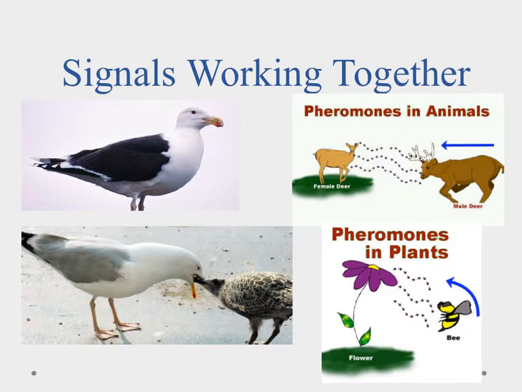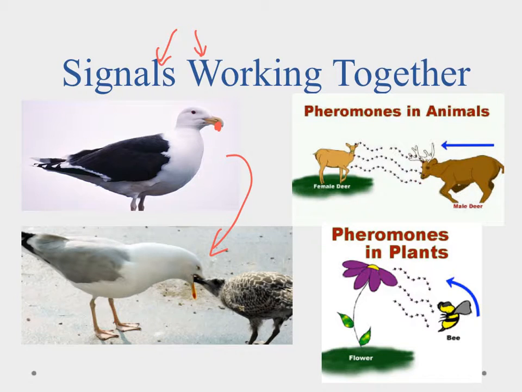Okay, sometimes we have multiple signals working together. In the lessons, I'll go over a couple examples, but I want to talk to you about them here. The first is this red spot on our seagull. When he comes back to the nest and the babies see that spot, they'll open up their mouths because they know it's time to feed. We can see how these different signals work together towards the benefit of propagating this species, keeping them going, because now we have a signal for the baby to know it's time to eat.